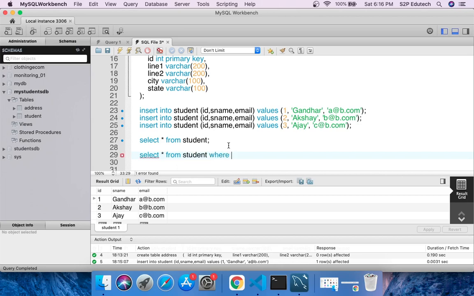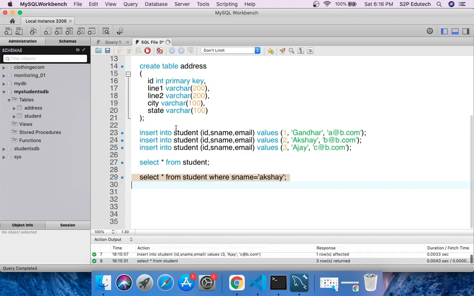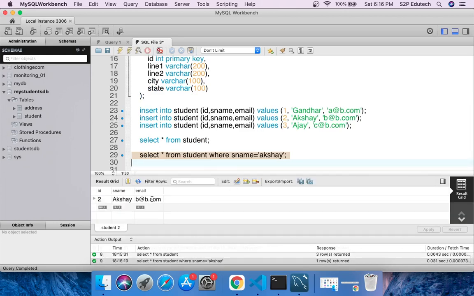I will say where s name equals to, in single quotes I will type Akshay, and I'll execute this. Right, so if you can see, I got only that row in which s name was Akshay, right.